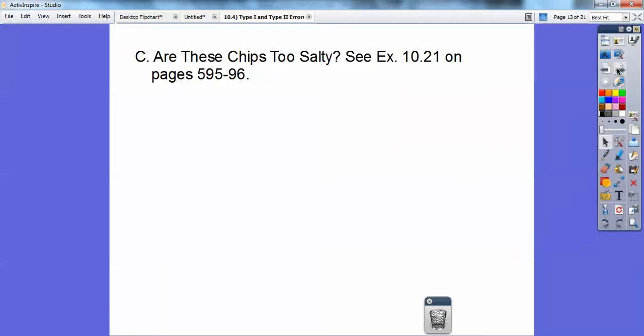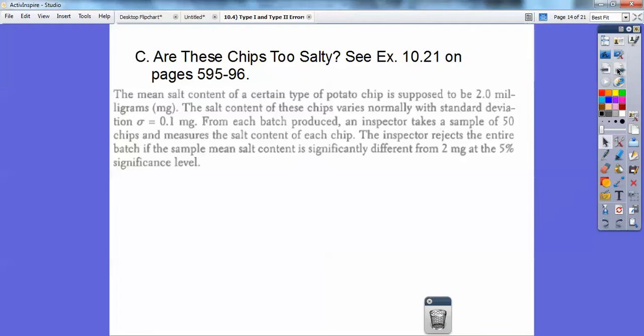Okay, so are these chips too salty? I'm just going to go real quick through this example 10.21 on page 596. The mean salt content of a certain type of potato chip is supposed to be 2.0 milligrams. The salt content of these chips varies normally with standard deviation of 0.1 milligrams. From each batch produced, an inspector takes a sample of 50 chips and measures the salt content of each chip. The inspector rejects the entire batch if the sample mean salt content is significantly different from 2 milligrams at the